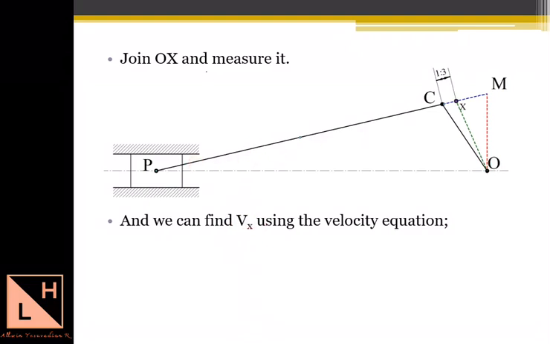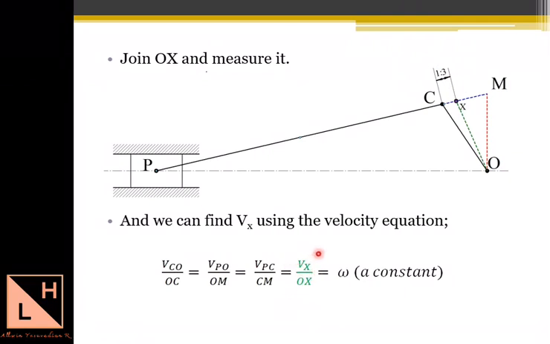So in this example what we have considered, we have taken the ratio of 1:3. So the velocity equation what you will have will be modified by adding that particular term in the velocity equation. So we are going to have Vx divided by Ox. Vx is the velocity of point x on the connecting rod and Ox is the distance what you see here in the Klein's velocity diagram. So using this equation we'll be able to find the velocity of moving parts in the slider crank mechanism, and we'll be also able to find velocity of any point on the moving part in the slider crank mechanism.